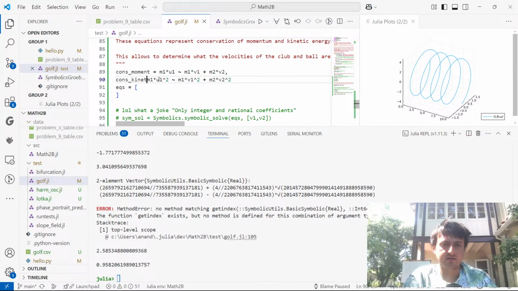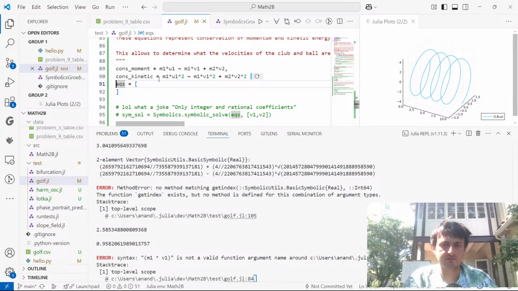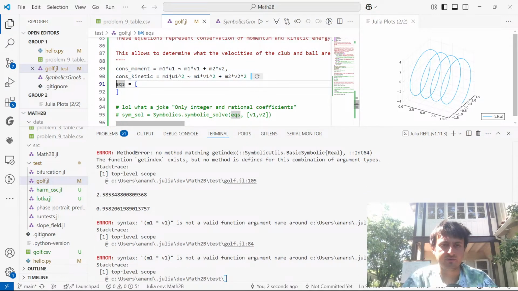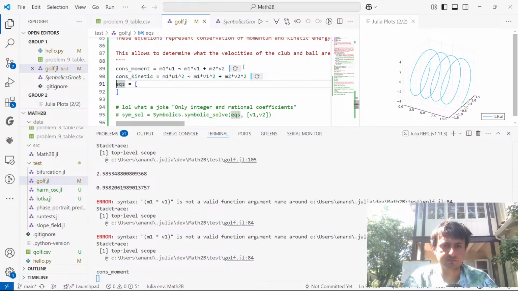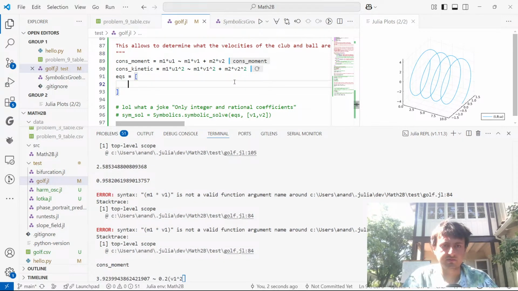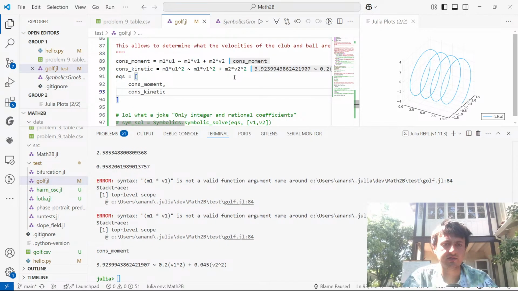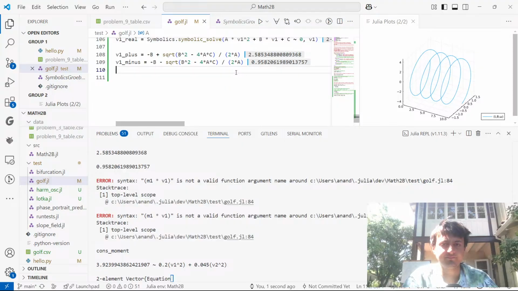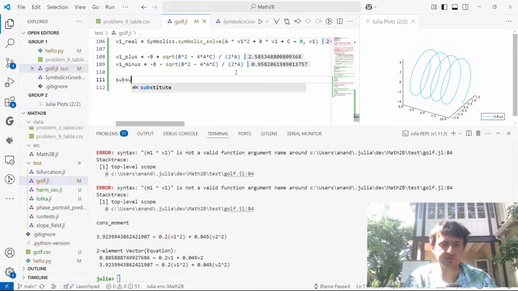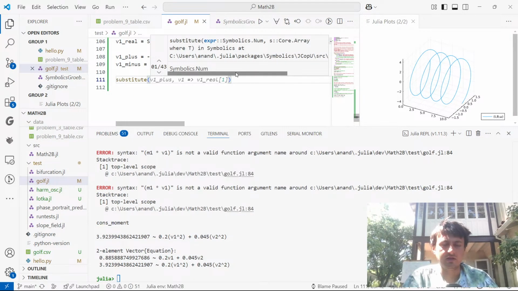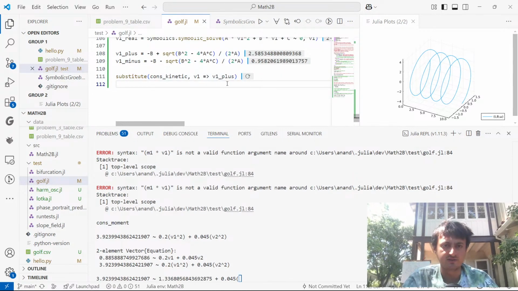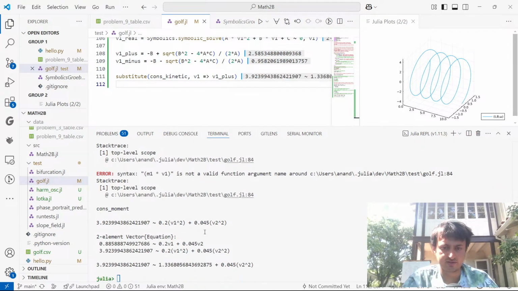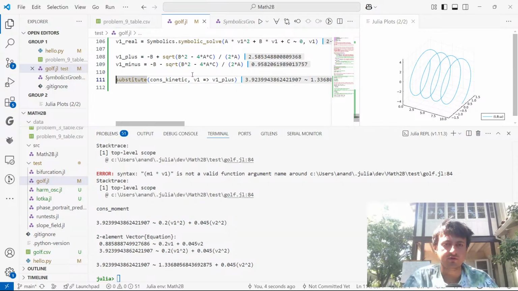Const kinetic equals this. Wait, what happened? Oh, oops. Const moment, const kinetic. Okay, and what we want to do is substitute const kinetic, v1 goes to v plus. Okay, and then we get this thing, and then we can do a solve for